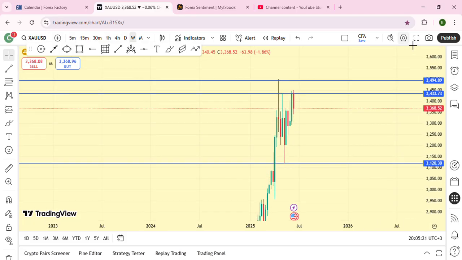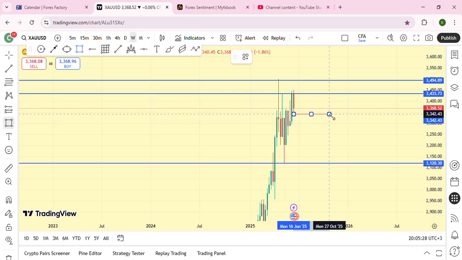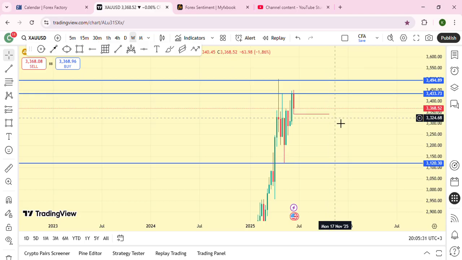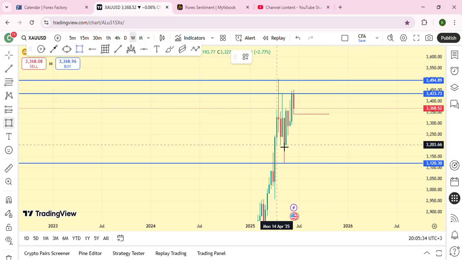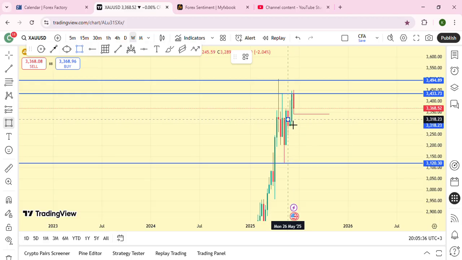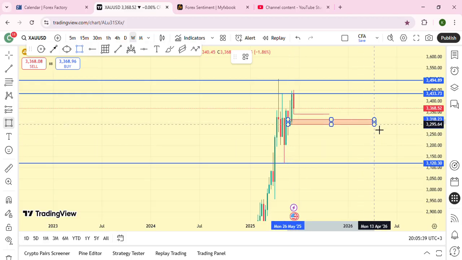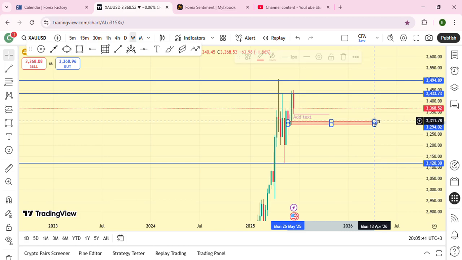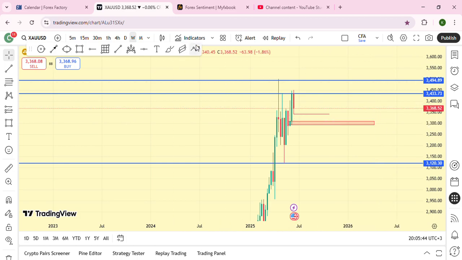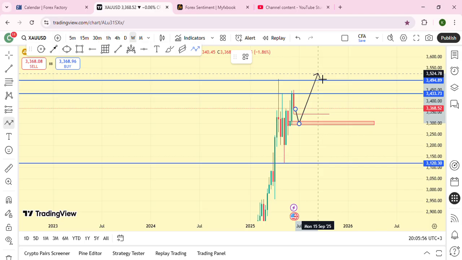As you can see, this is where we had the low of last week. That is last week's low, and below the low of last week, we have this as a good point of interest. So the market now, according to the impact of the news, might have dropped, given a new low, and then we can be ready for a takeoff.